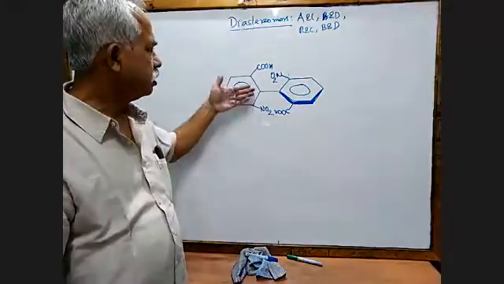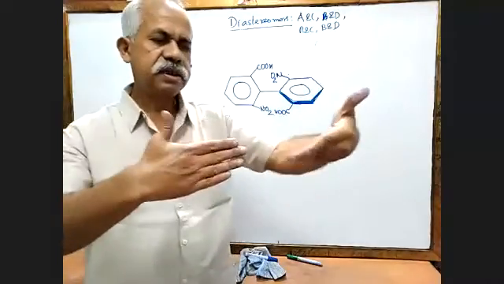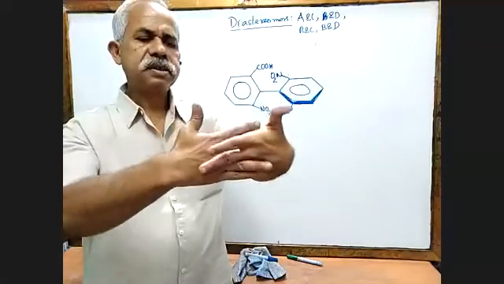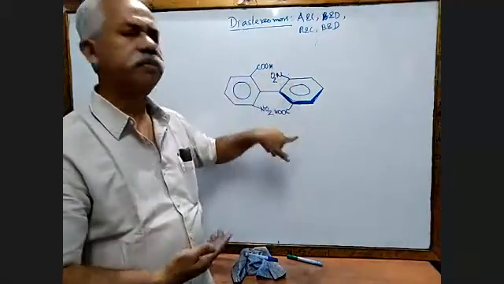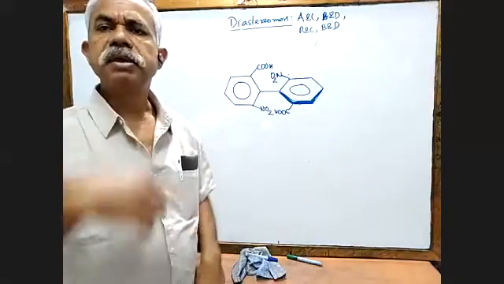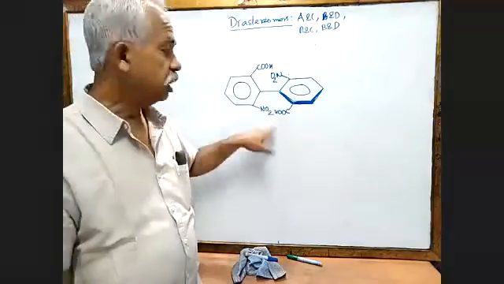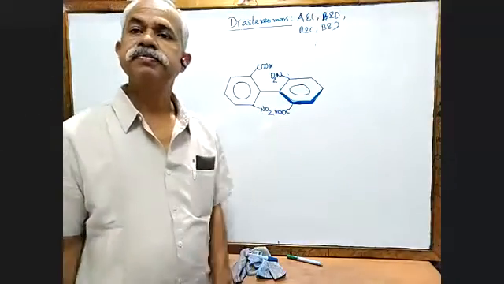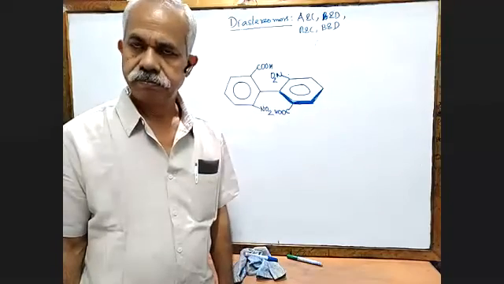Now this is 90 degrees to this. When it goes like this, this is the front and this is the back. This will go to the back and this will come to the front. So after reflection also we find this is not the same. Please remember, this compound does not have any asymmetric carbon atom, but this compound is optically active.